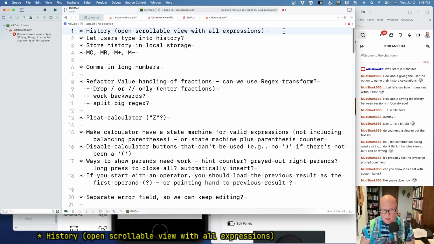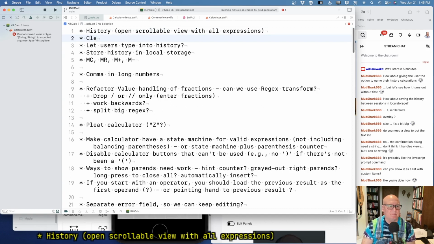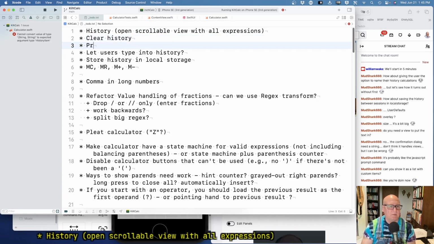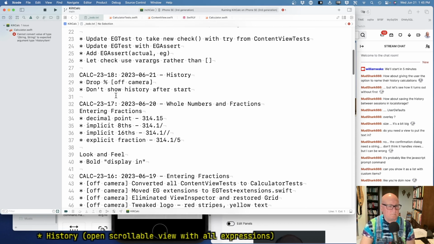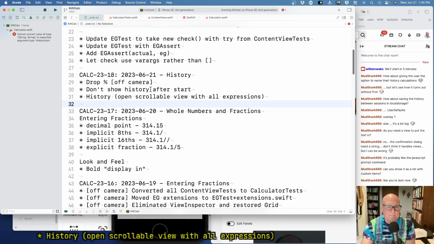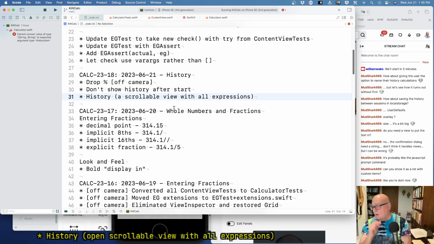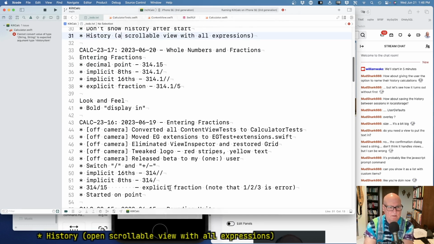I want to clear history. I want to print history. I don't know. I've never tried printing, I don't think, in iOS. Let's take this. List scrolled for free, notice, so I don't have to do anything there. Okay. Well,